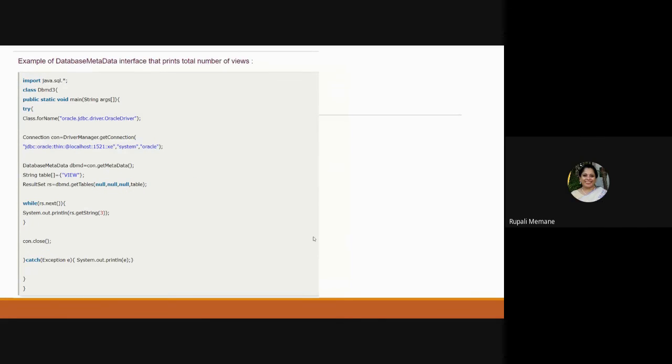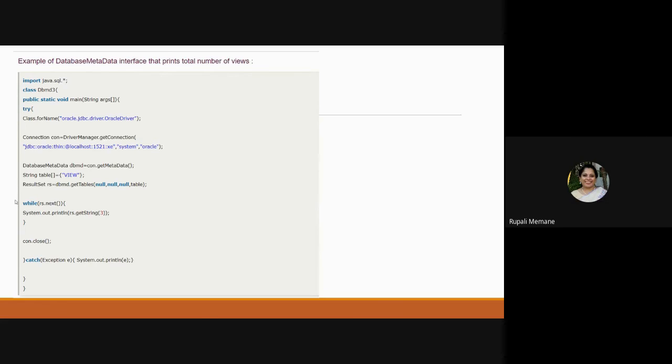Again, some more examples showing the total number of views, how many views have been created on the table. Now I am going fast through these steps: calling the class, calling the main, Class.forName, connection. The only method I need is getTables. Now there are n number of tables, so what is the return type? It is a ResultSet rs.